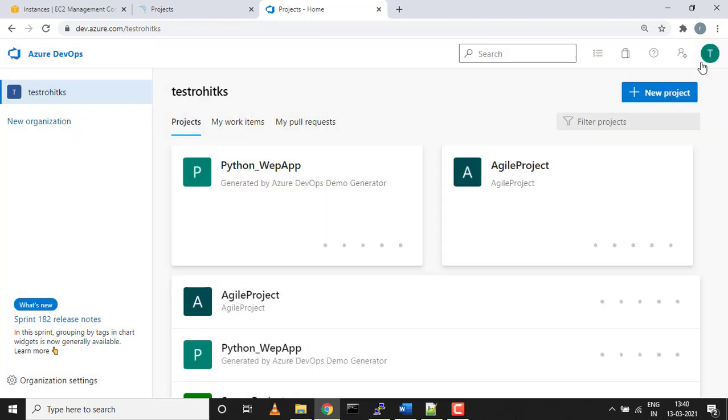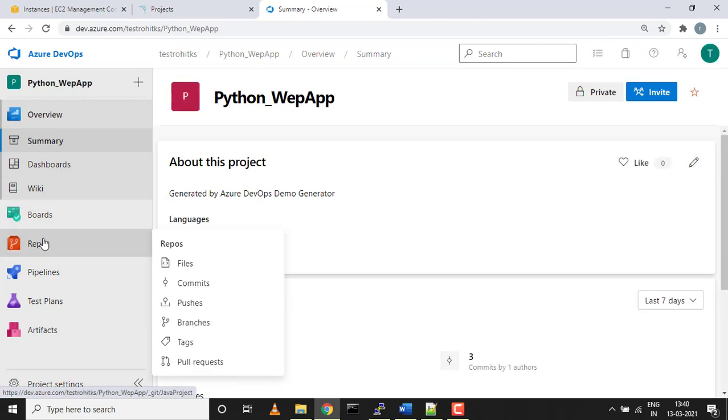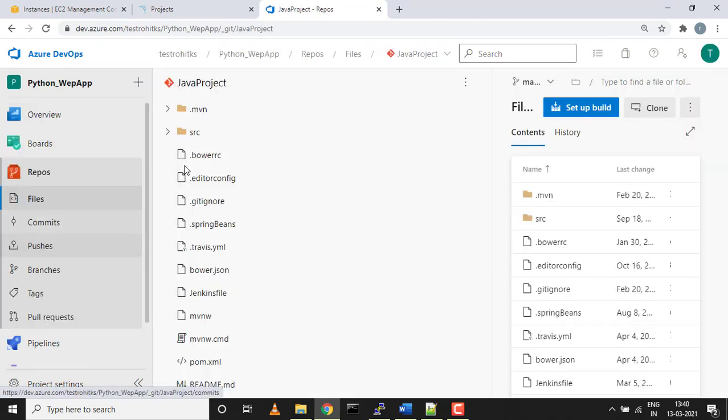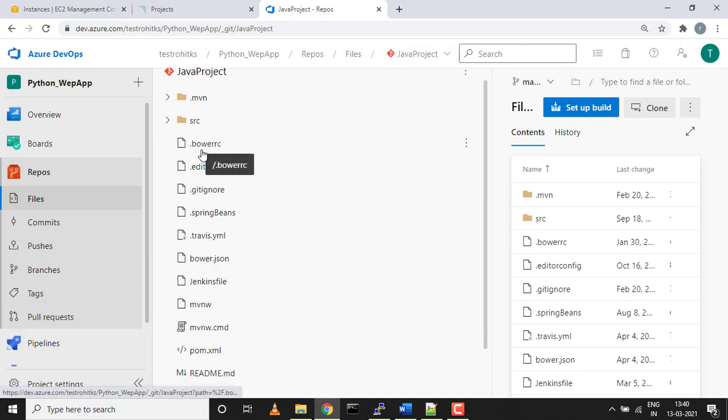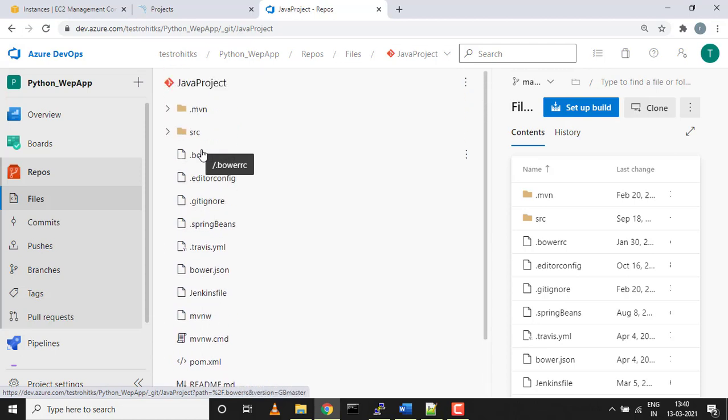I'll stick with my existing project and repository. The Java project is the repository which we will use for this entire integration.